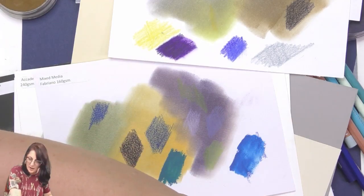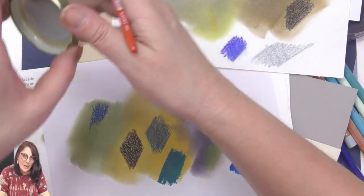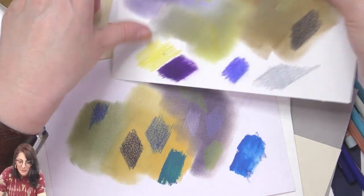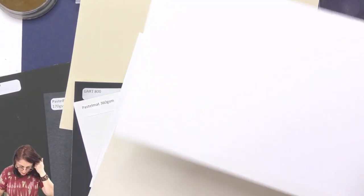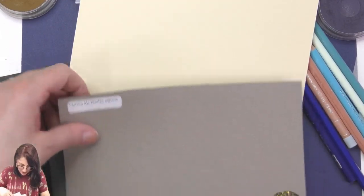Okay, so let's try, let me see, here we go. Let's try a few pastel papers with coloured pencil on top, which is what most artists are using now, if they're using pan pastels, that is, right? So put all of this aside. Let's see, what can we try? Let's try